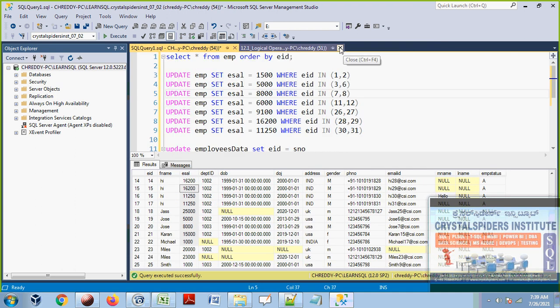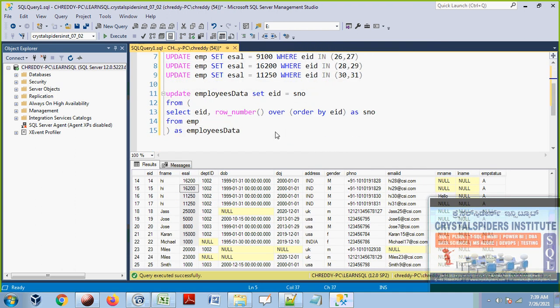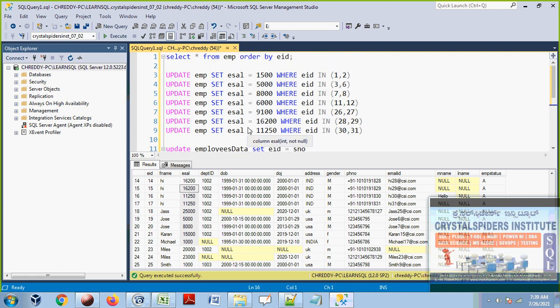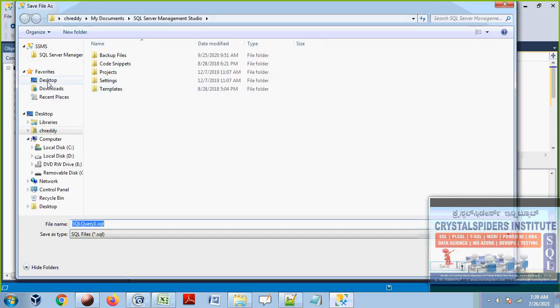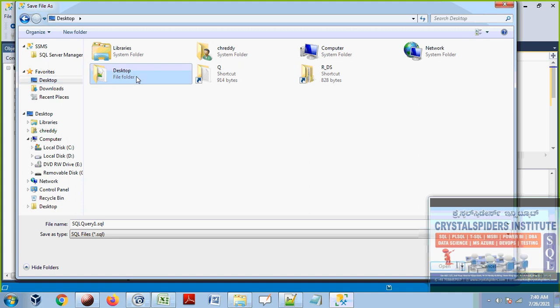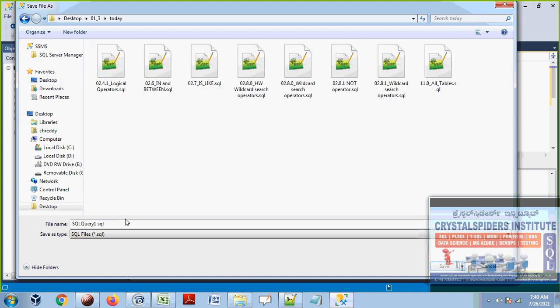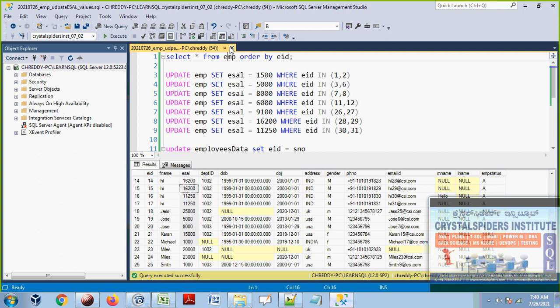Let me close this. Guys, I will share this SQL query with you so that you can execute it. So you will see the same data. I just updated this data, guys, because I don't want to see the same salaries. I want to see some different salaries in the employee table. Then we will do some practice. So let me add this file to your class notes and I will share this. Let me put here today's date, 2021 7/26, EMP, update these values. Okay, guys, so now let me close this.